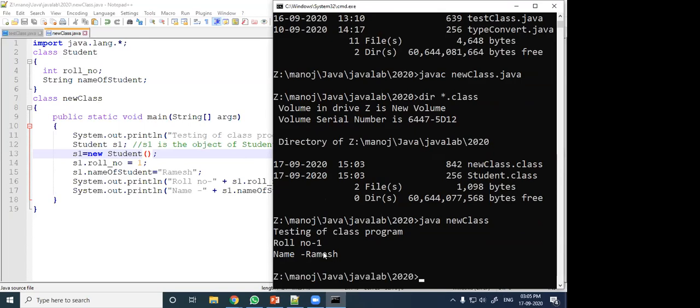This is the output of this program. If anybody has any doubt, we can discuss. If no doubt, we will continue.